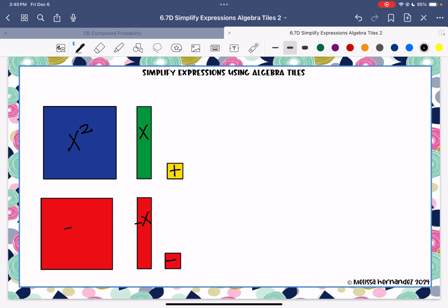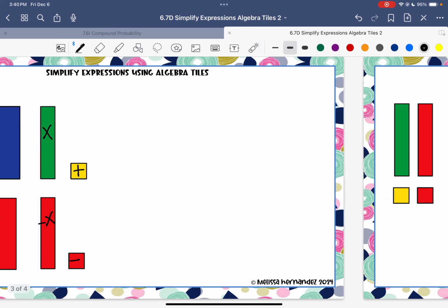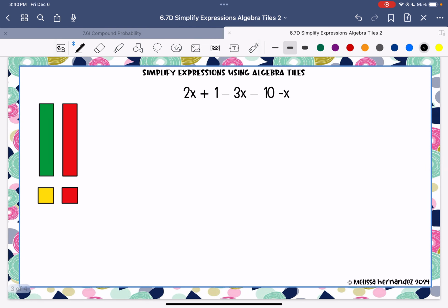We're just combining like terms. I didn't include any of them in this video. So there's two examples we're going to knock out. So we have 2x plus 1 minus 3x minus 10